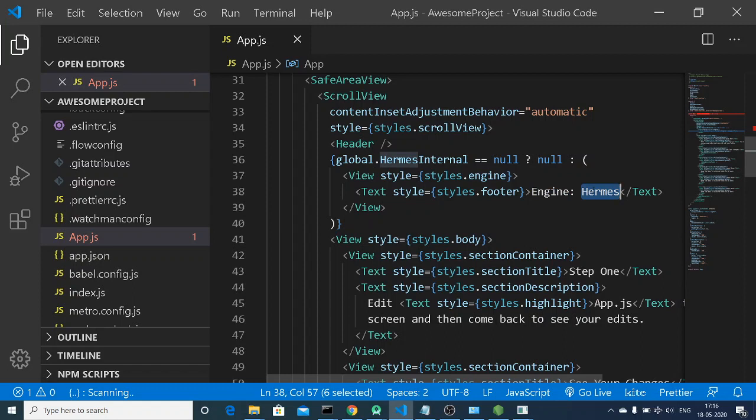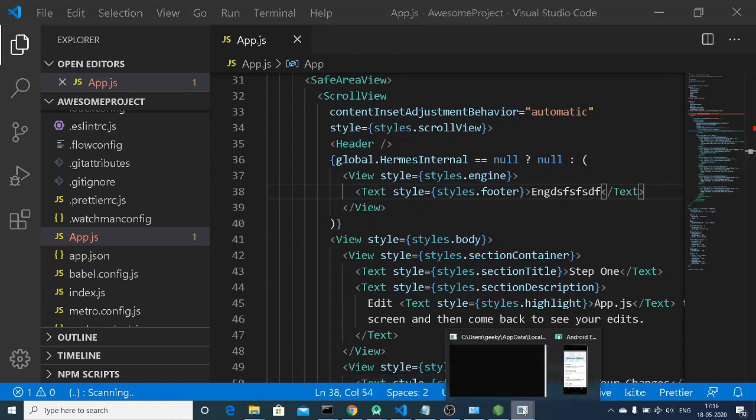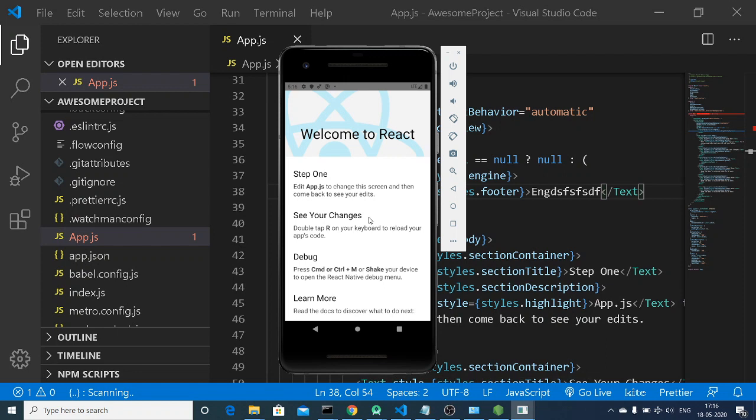So if I change this, let me just change this to something else. So now I have made this change, and now if you want to reload it, there are some options given to you. So you can either tap, right click on your emulator here. So if I right click here,